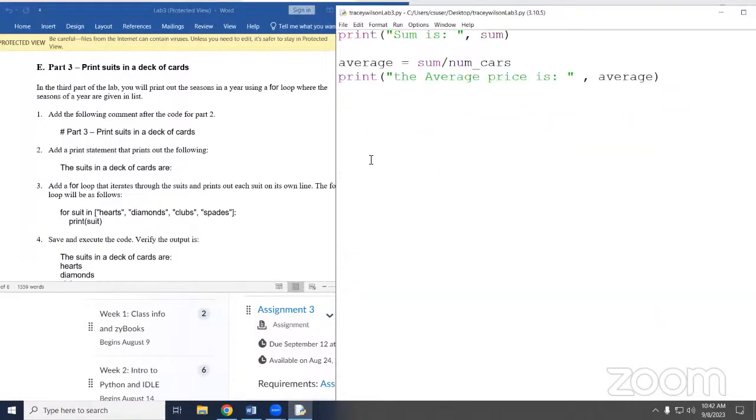So now we're down to part 3. We want to add a print statement.